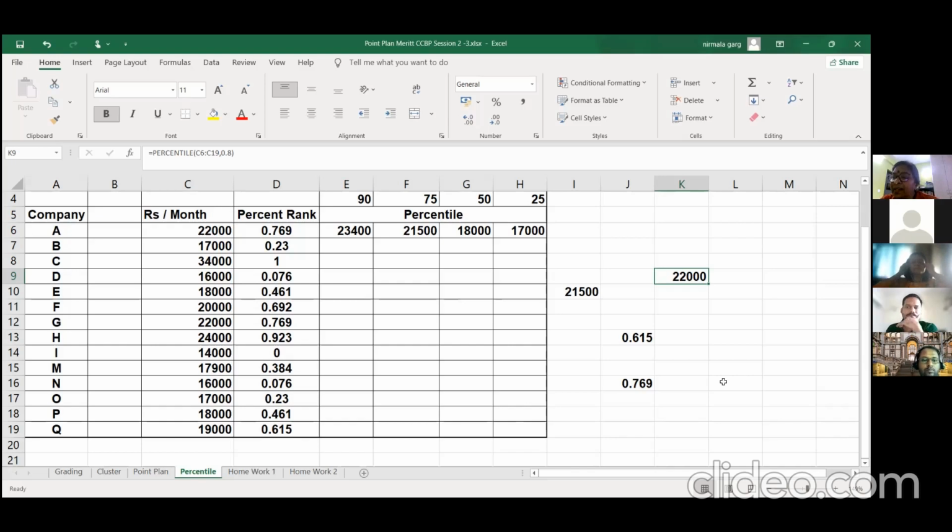Sayandeep, did you get it? Yes. So this is just software data, but likewise you can take the data for several positions and then do the percentile analysis. Then you will compare with your own positions and then do the market corrections, depending on how much budget you have, what is the percentage of increase you want to do, etc. Very clear, guys? Right.